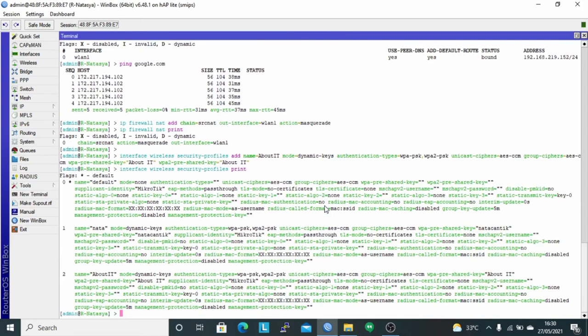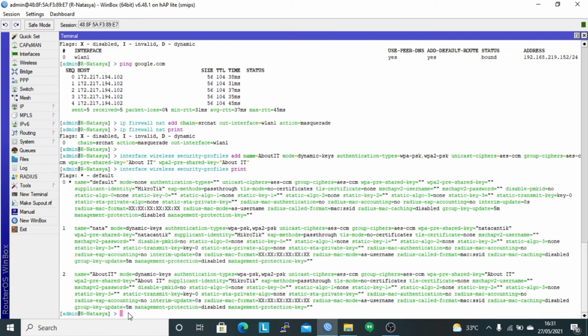You can see that I have successfully created a new security profile, and the WPA pre-shared key and WPA2 pre-shared key section is the password to connect to the first SSID, namely SSID about strip IT.